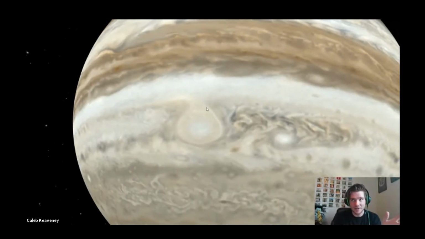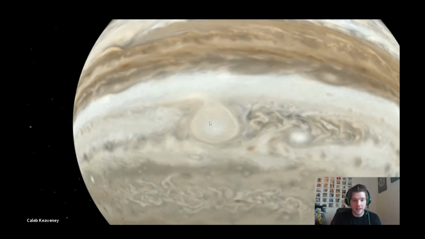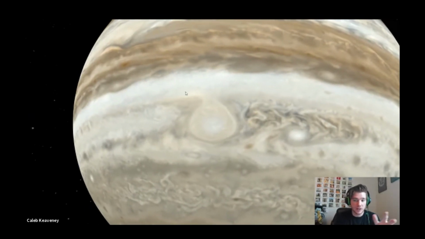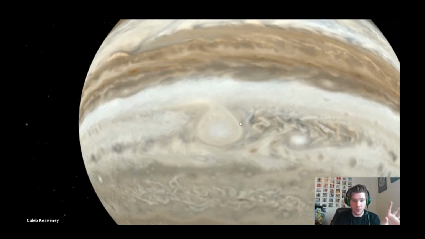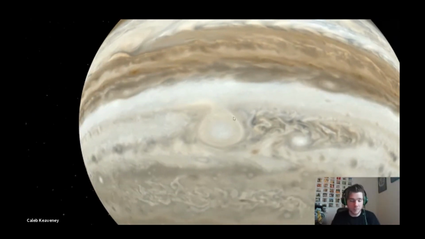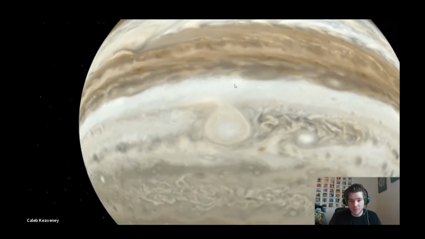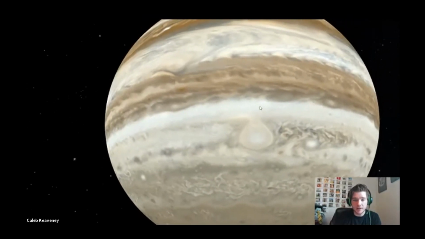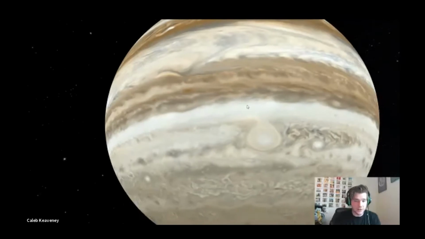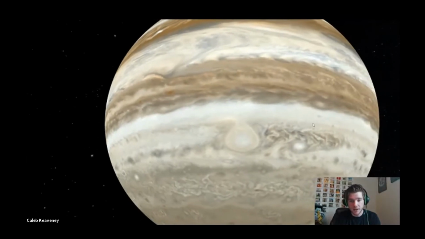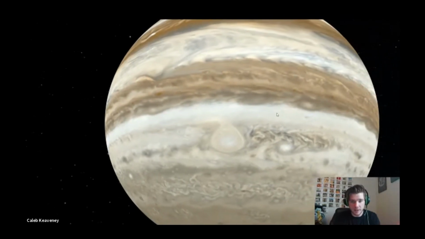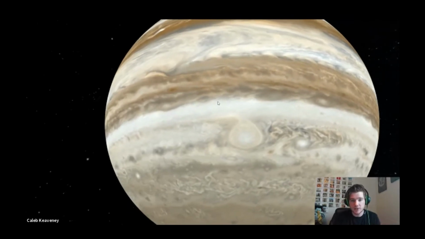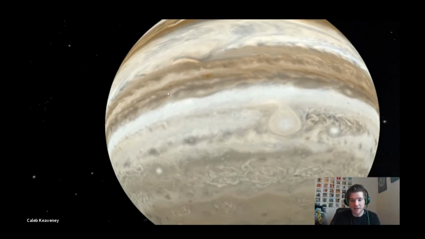In about 2005, late 2005, early 2006, this storm turned red. So it went from being just this big white oval made from 3 smaller ovals, to being a new red spot. And what's really interesting about this storm is it moves around the planet. The Great Red Spot is stationary, but this storm moves. It's pushed around by the winds in the atmosphere, and it actually circulates and moves around and passes the Great